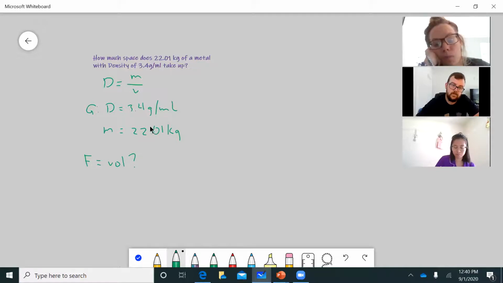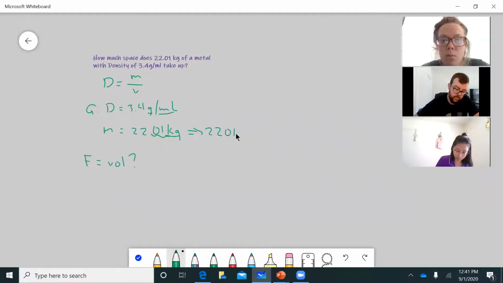Now, one thing to note about this is if you look at the density, it's in grams per milliliter. This is in kilograms. Those units have to match up with each other, otherwise we can't plug them into the equation. So we need to get out of kilograms and get this thing into grams. As you're running through these calculations, always make sure that your units are the same, otherwise the equation doesn't plug and chug correctly. So in order to go from kilograms to grams, King Henry died before 3 hops, 1, 2, 3. So it would end up being 22010